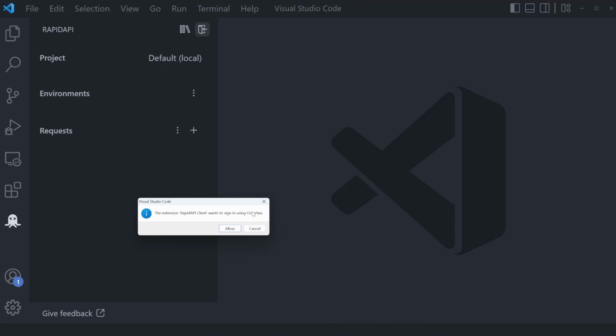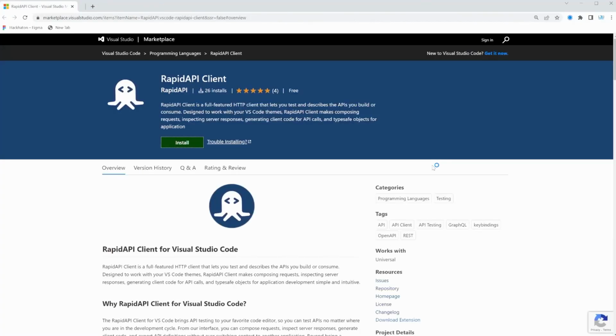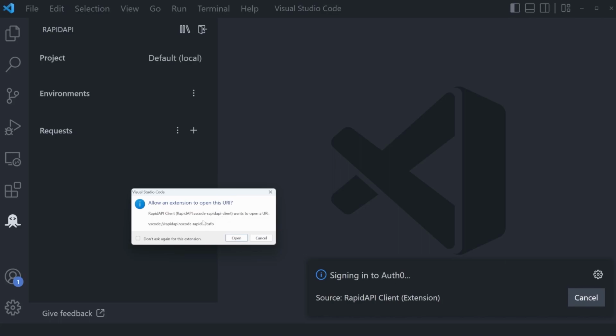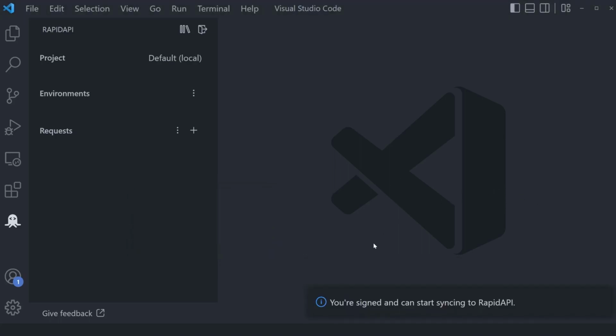It's going to ask you if you want to sign in. And one more time, you'll have to allow this to sign in. And in my case, that worked instantly. You're signed in and you can start using RapidAPI. If you've used RapidAPI before, then you should have no issues whatsoever. It should work instantly. If you haven't created an account before, it's going to prompt you to create it, so